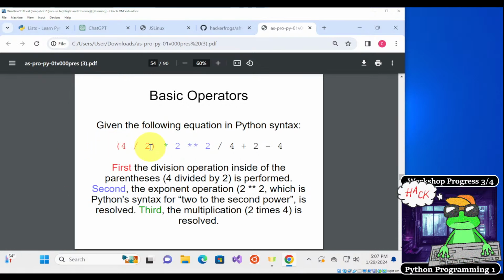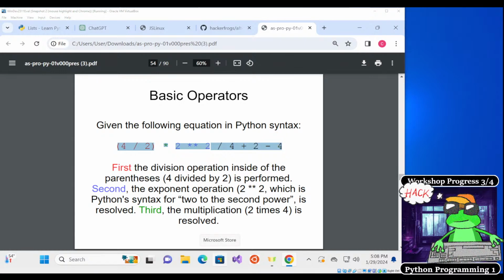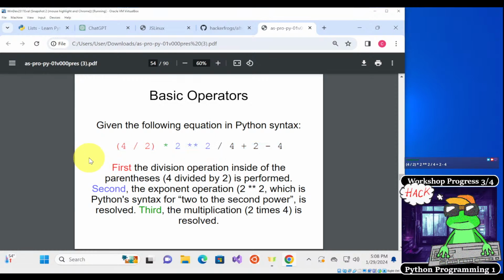So given the following equation in Python syntax, I'll paste this in the chat for you guys. The first thing that happens is the division operation inside of the parentheses is performed.